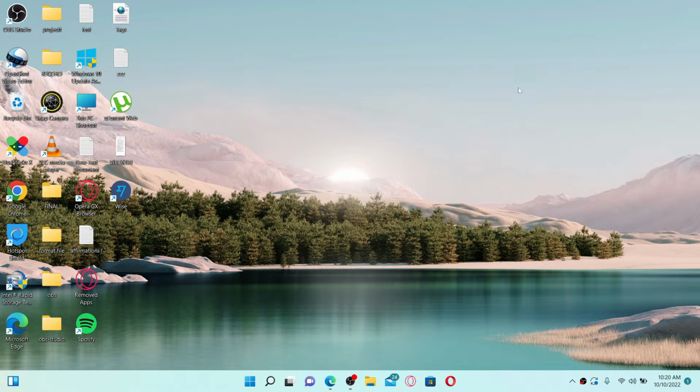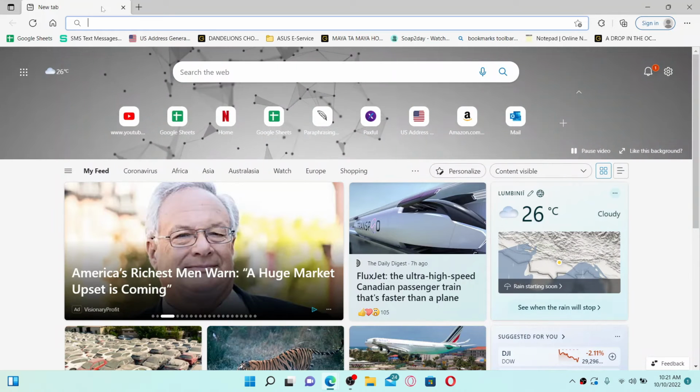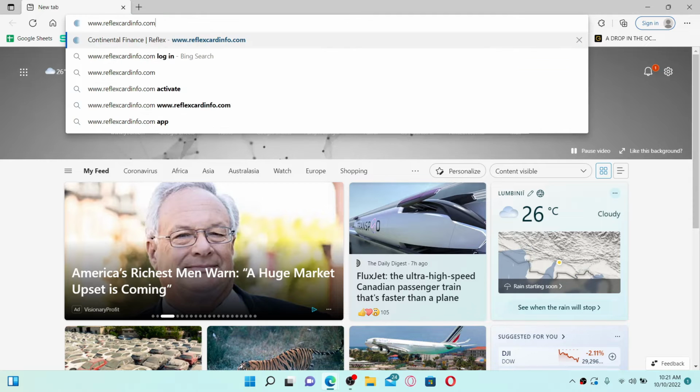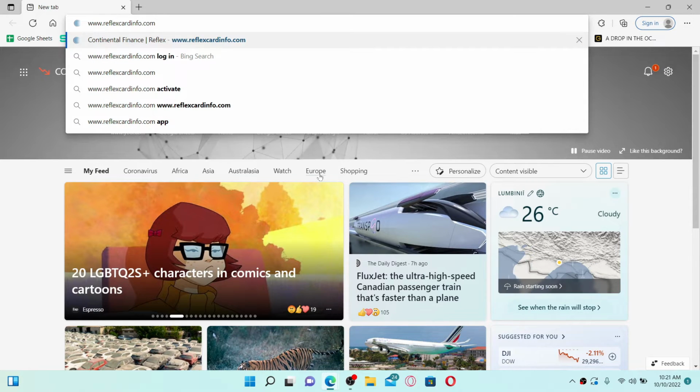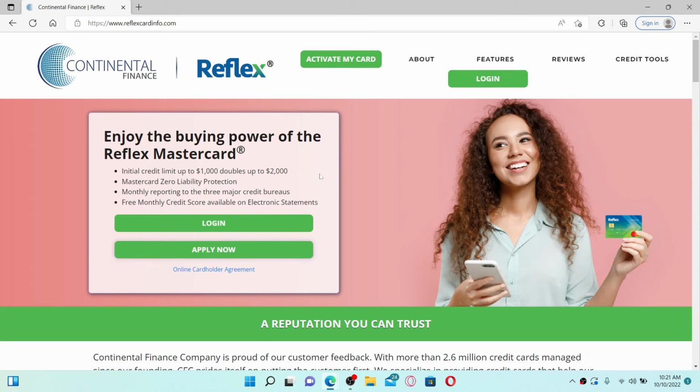To log into your Reflex credit card online, open up a web browser. Go to the URL box at the top and type in www.reflexcardinfo.com and press enter on a keyboard. Soon after you end up in this page, click on the login button at the top right and this will